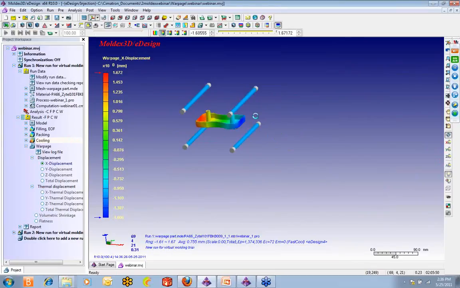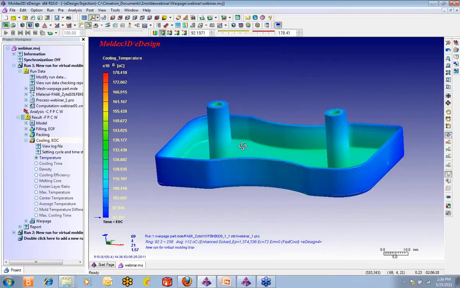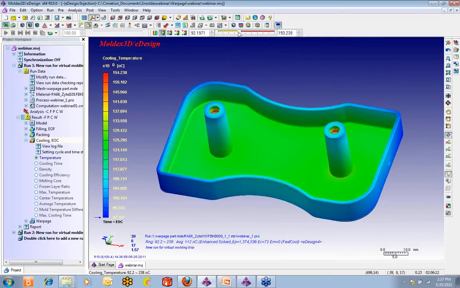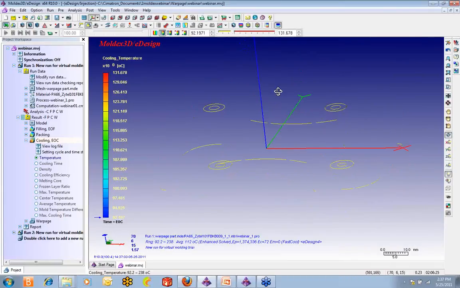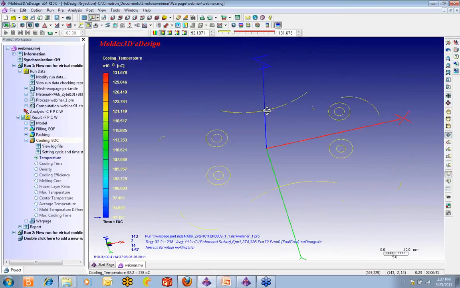In fact, we'll have a look at the temperature range real quick before we go in to show the second run. Now, what we really want to look for on this part is a difference in heat from the inside of the part to the outside of the part. And you'll notice that the back side of the part is blue and green,